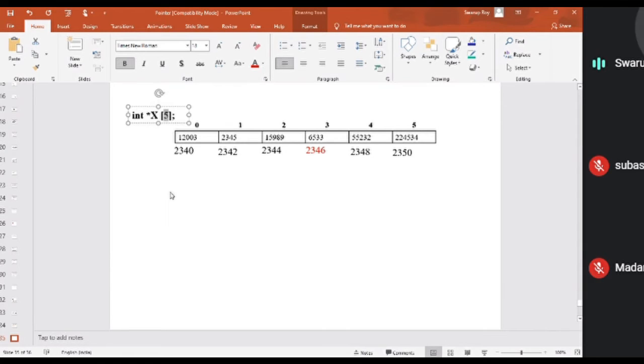But if you don't know how many pointers or addresses you are going to store, then better make that also dynamic. For that you need to take the help of a double pointer, that means pointer of pointer.